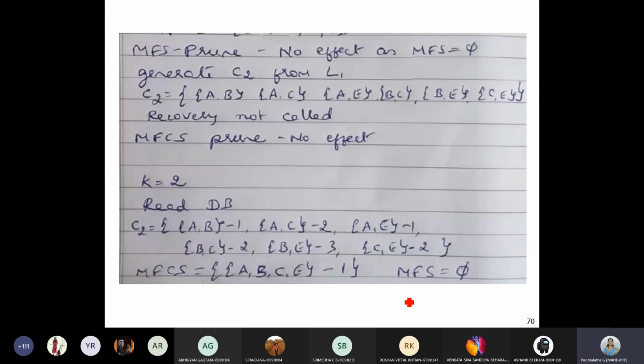So next class is on Thursday, right? First 1 hour I'll be taking the class. I'll be completing this Pincer Search. After that, for the last half an hour, we will go for our quiz. Please note that when your quiz is using MS Forms, you need to explicitly click on your submit button within that time. If you don't submit, you will lose the quiz marks. It will be 0 marks, right? So please note that first 1 hour I'll be taking a class, last half an hour it is a quiz.